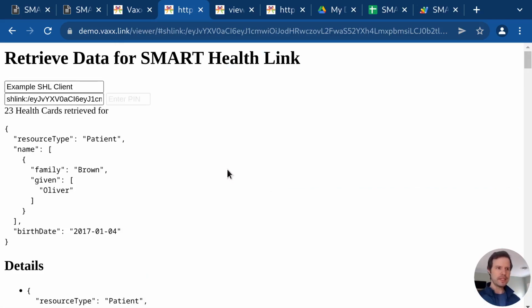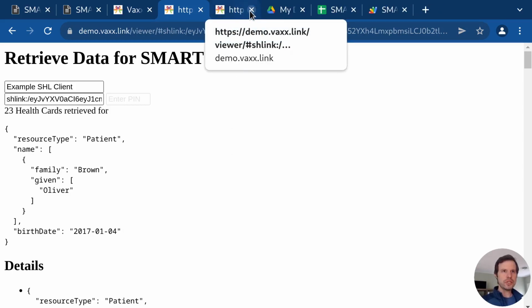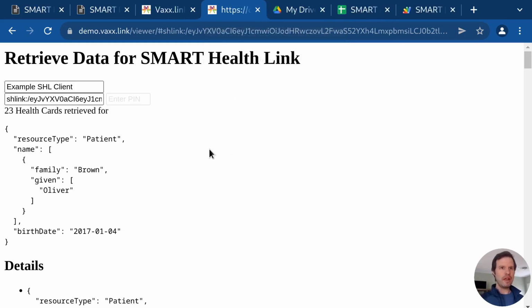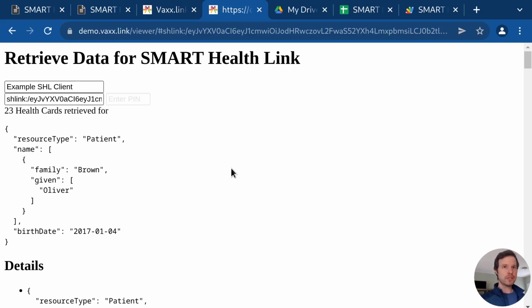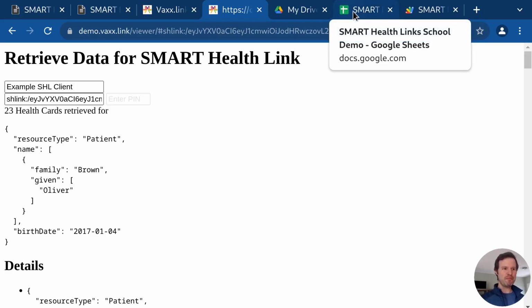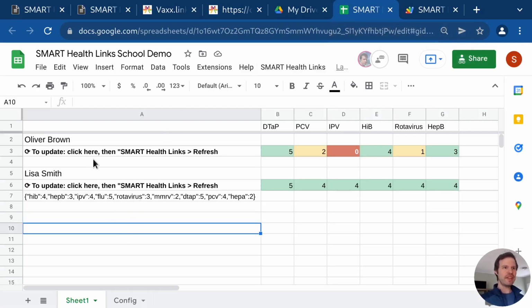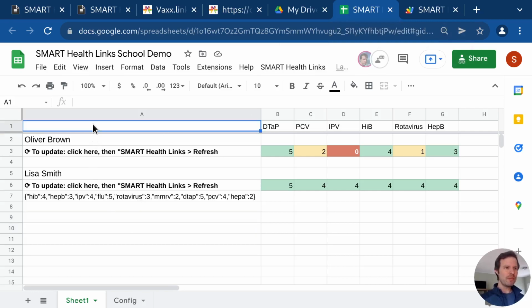And you can start to get a sense for how various kinds of tools could actually integrate support for Smart Health Links. And to try to make that a little bit more concrete, I want to show you one example of what that kind of integration into more specific tools could look like, rather than just having these generic kinds of viewers. And so here, I'm going to show you kind of a low fidelity mock-up, but with actual real code behind it. It's just not a very convincing tool, but you can imagine that a school nurse might use